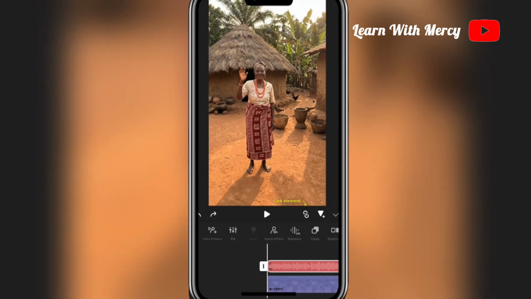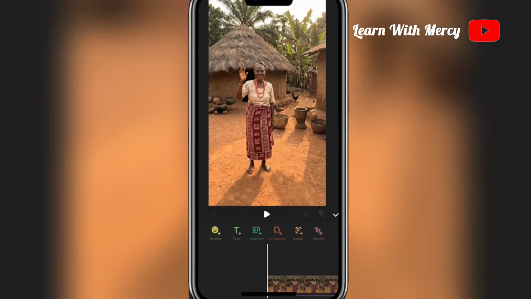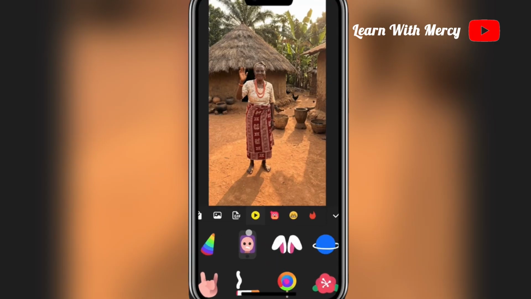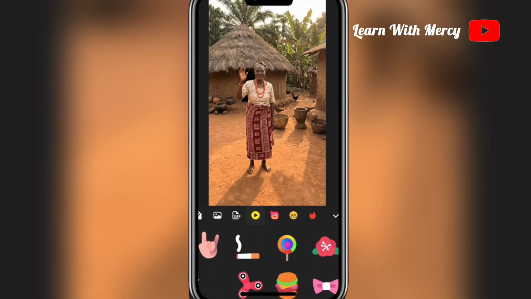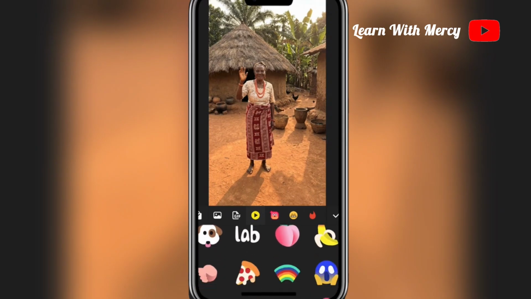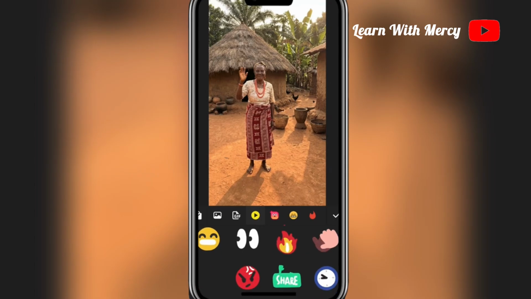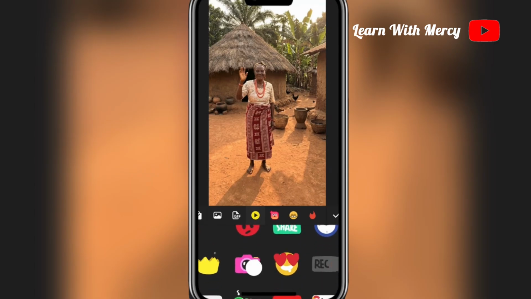It will be filtered. So when you go to the next option, which is sticker, yes, this is where you can add sticker, you can add text, you can add a lot of things to your videos. Like there are a lot of stickers here that you can add. You can see when you scroll through it, you can see a lot of sticker, both laughing emoji and share,